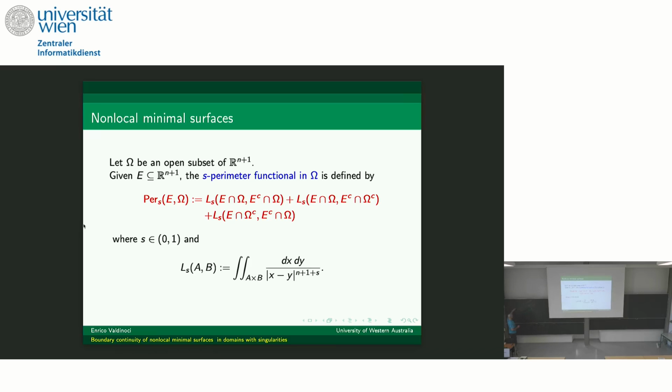And I'm not considering points from outside omega to outside omega because this is for me a given datum of